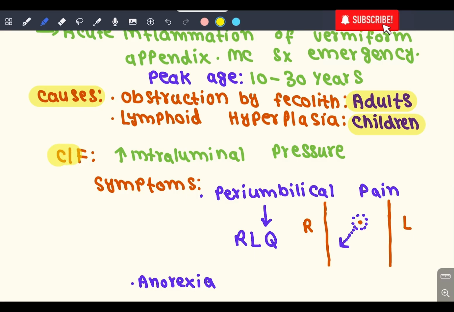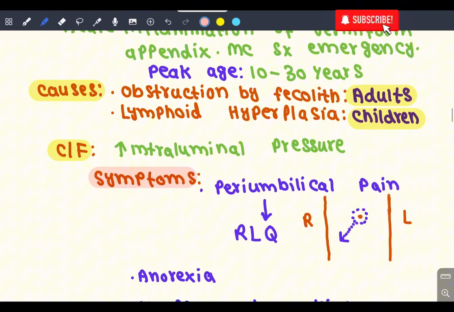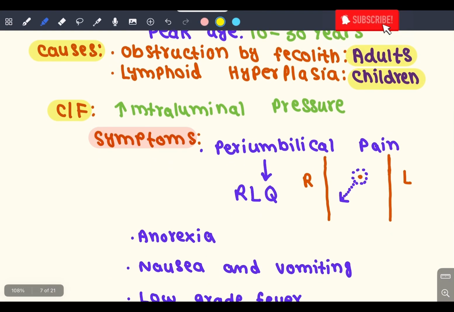Now if we talk about the clinical features, there is obstruction, and thus intraluminal pressure is increased. So inside the appendix, the intraluminal pressure is increased in case of appendicitis. What symptoms do we see in acute appendicitis? First of all, there is pain, but the pain starts as peri-umbilical pain. The pain will start in the para-umbilical region, and it will shift to